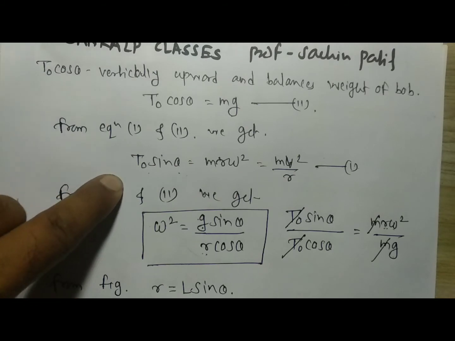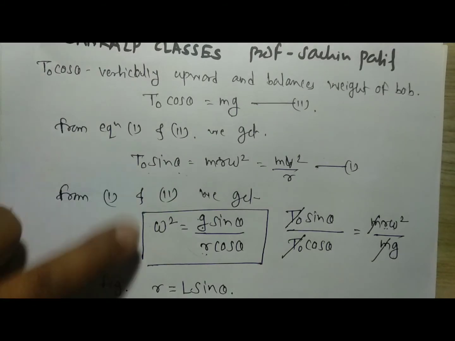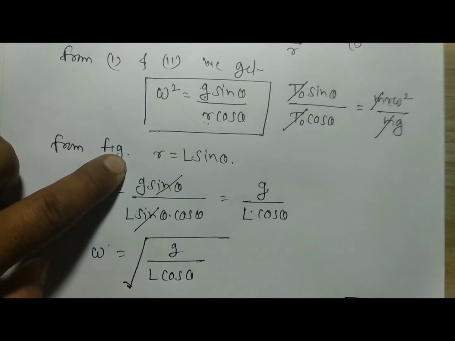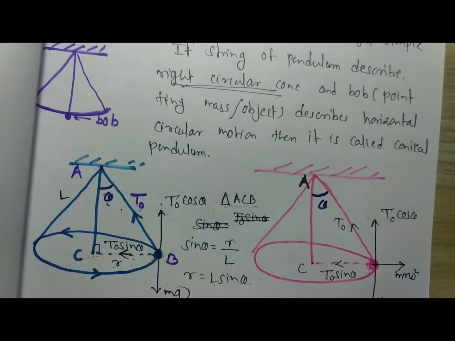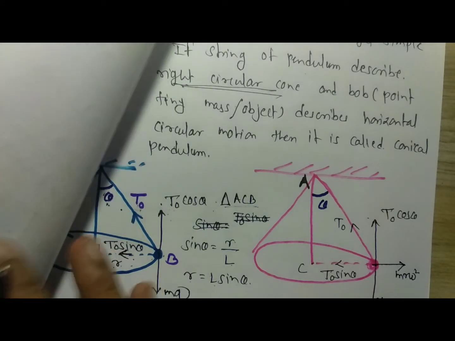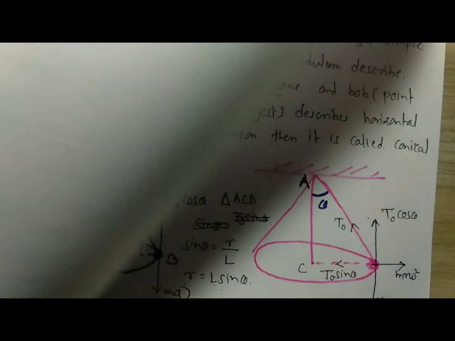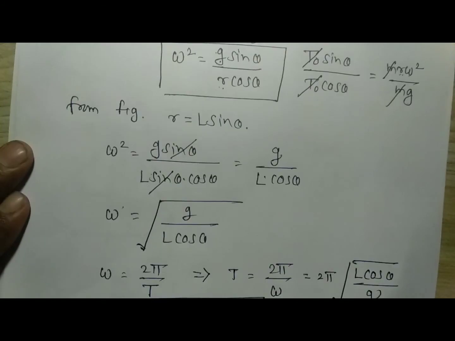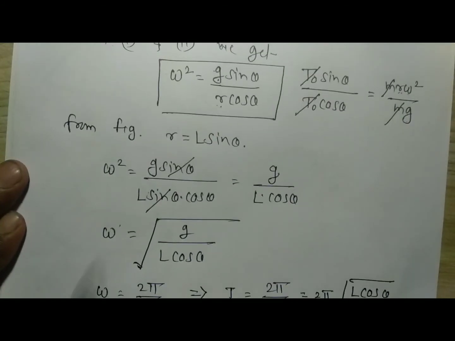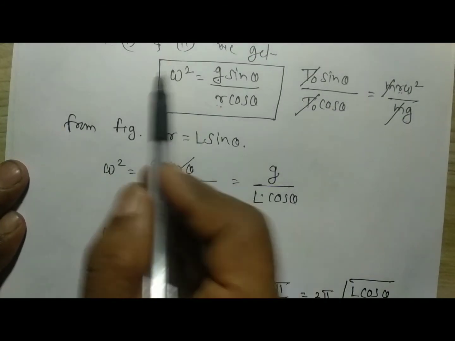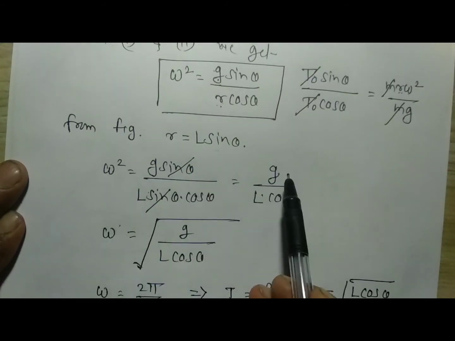First of all, we have to get the consideration from the equations T cos theta is equal to mg and T sin theta is equal to m r omega square. From these equations you will get omega square. From the figure, at triangle ACB, sin theta is equal to r divided by L, and r is equal to L sin theta. Putting this inside the equation for omega square,